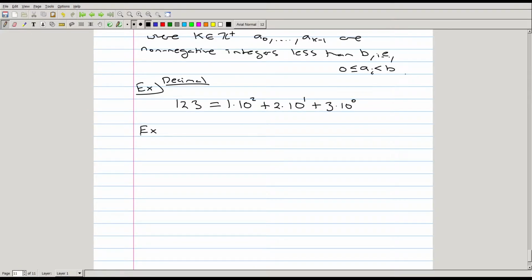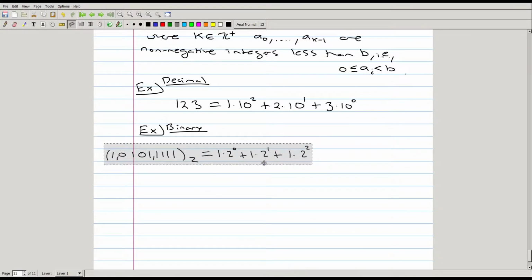So for example, to give you a binary example, if you take the number 1 0 1 1 1 1 1 0 1 in binary, this is the number 1 times 2 to the 0 plus 1 times 2 to the 1 plus 1 times 2 squared plus 1 times 2 cubed plus 1 times 2 to the 4th